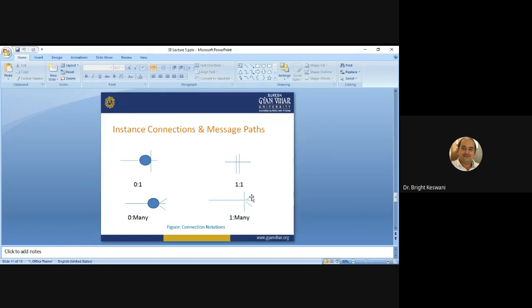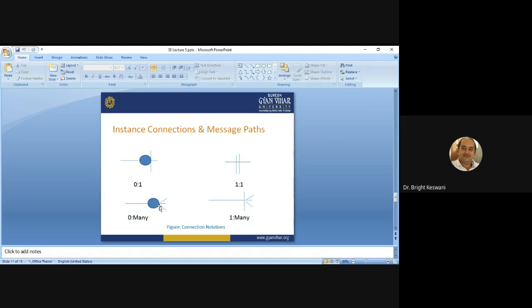I am moving the cursor here. Finally, we need another vertical bar if the connection is mandatory, and a circle to represent an optional connection. The circle represents the optional connection.